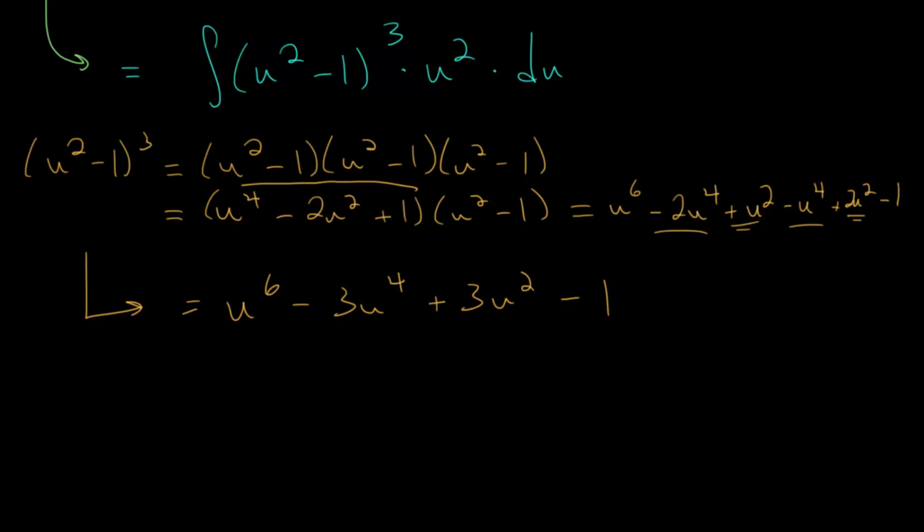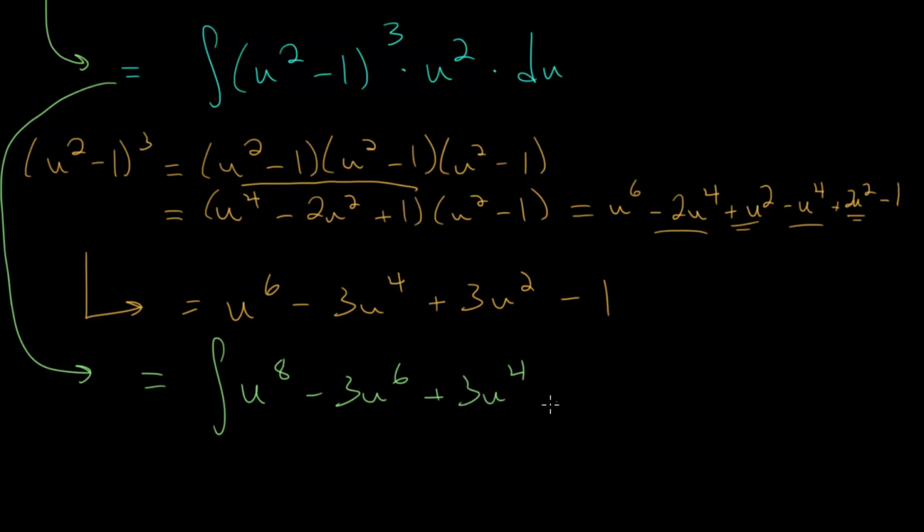So let me rewrite this integral now. We can go down here, and we'll rewrite it after distributing u squared to each of these. So we get u to the eighth minus 3u to the sixth plus 3u to the fourth minus u squared, and we have du. And if we want, we could put our bounds in terms of u here, since we